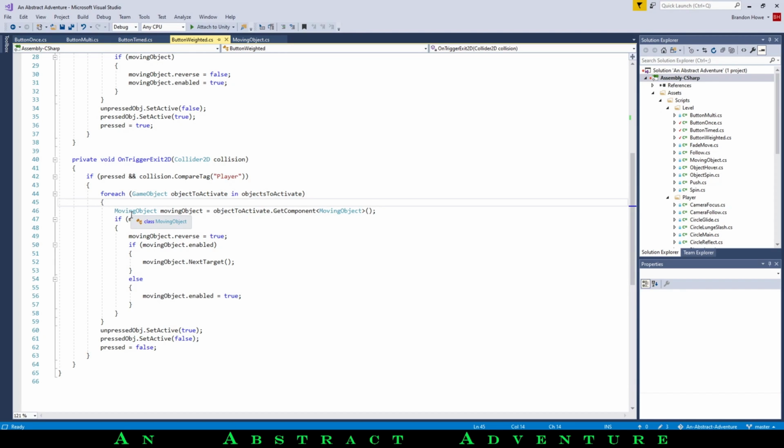But we'll deal with that if we actually decide that we're going to do that in a level, trying to avoid making things that we never use, basically. But I'm confident that these basic types of buttons will be used at least once in the game. So yeah, then we're getting a reference to the moving objects, and